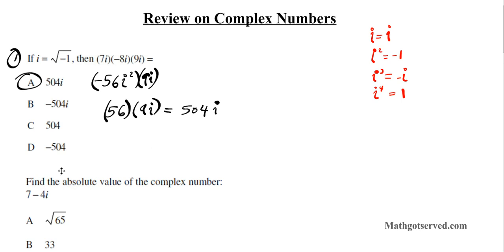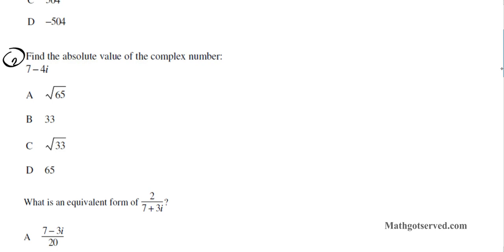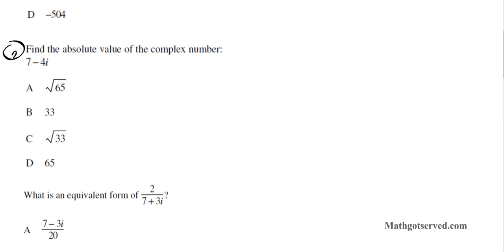Okay, now let's move on to problem number 2. So in number 2, we are asked to find the absolute value of a complex number. So let's say z is our representation of a complex number, and it's given by 7 minus 4i. So remember that to find the absolute value of a complex number, the magnitude of z is equal to the square root of